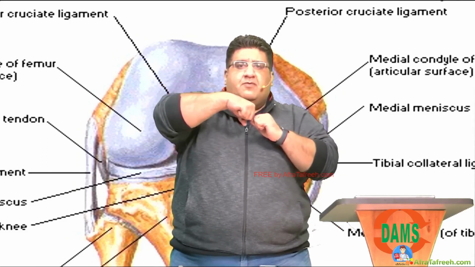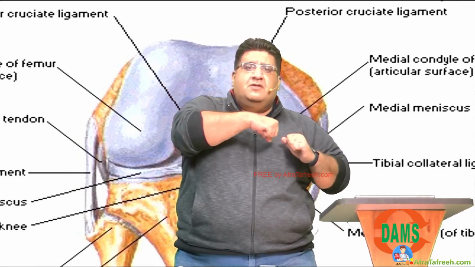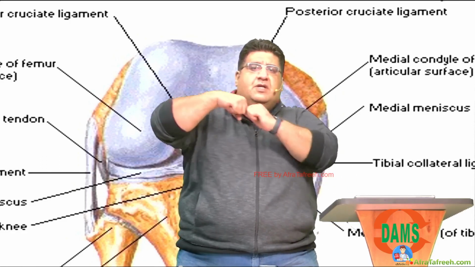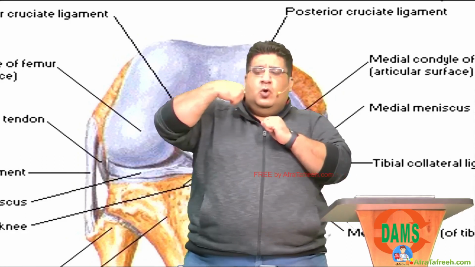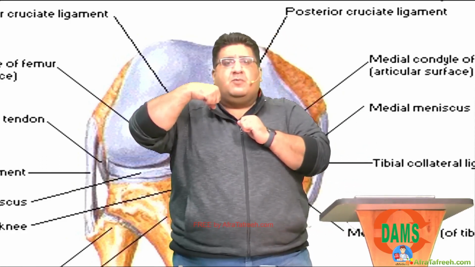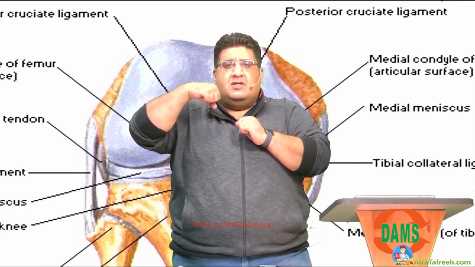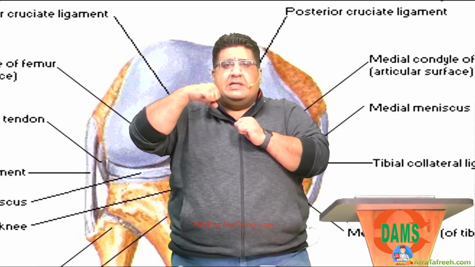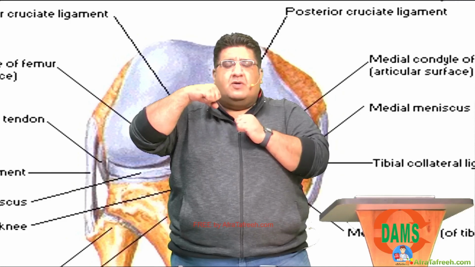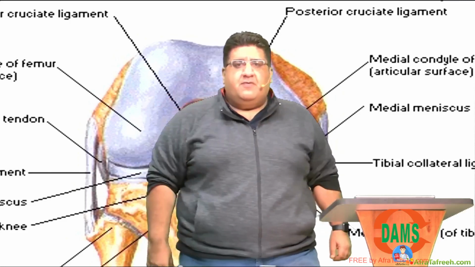Tibia first, femur follows. Tibia first, femur follows again. Tibia first. Which is a bigger bone? Femur. Who's under stress? Femur. What is the stress? That my tibia should not go excessively anterior. I'll repeat it for you.